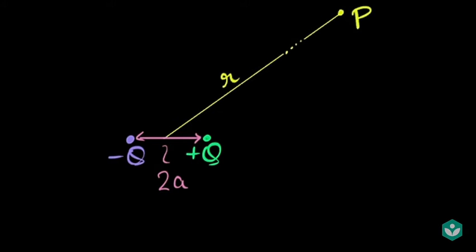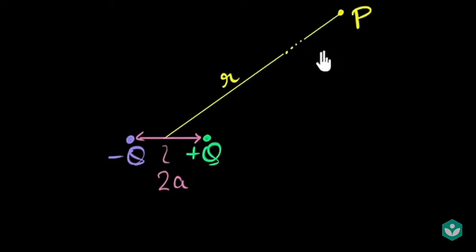Imagine we have an electric dipole, basically a negative charge and a positive charge of the same value separated by some distance. Let's call that 2a, traditionally we call that 2a. Our goal is to figure out what the potential due to this dipole is going to be at some point P. Let me write that. Show that at some point P, far away from the dipole at some distance r, far away, this dotted line is showing far away.